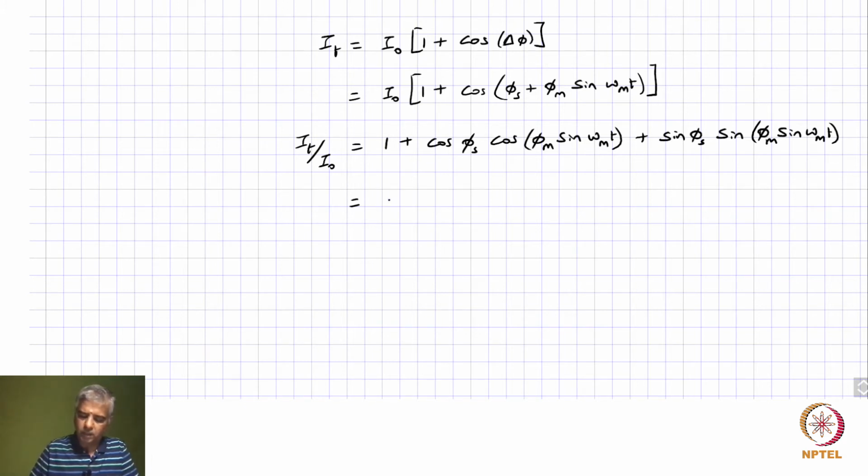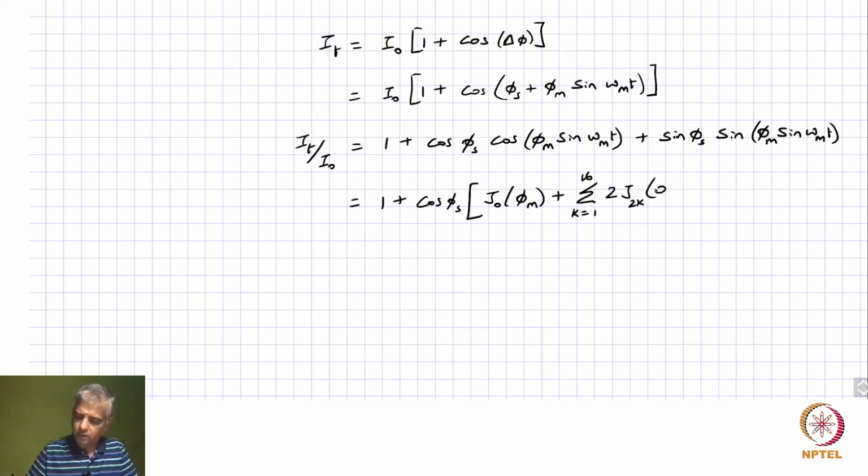So you have 1 plus j naught, so 1 plus cos phi s multiplied by j naught of phi m, plus you have summation of k going from 1 to infinity of 2 times j2k of phi m,